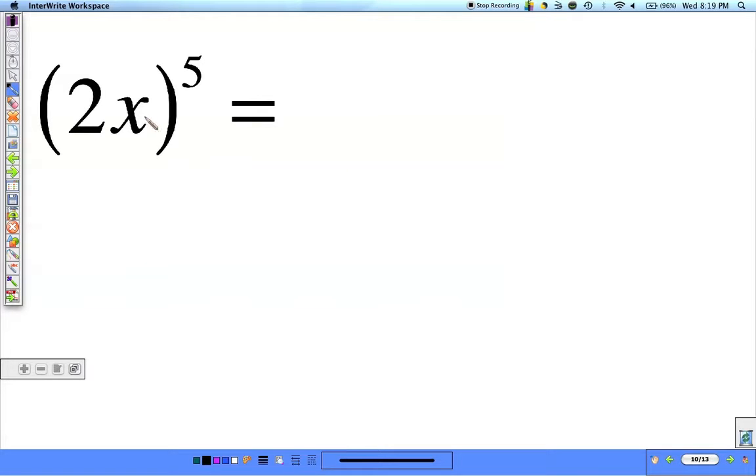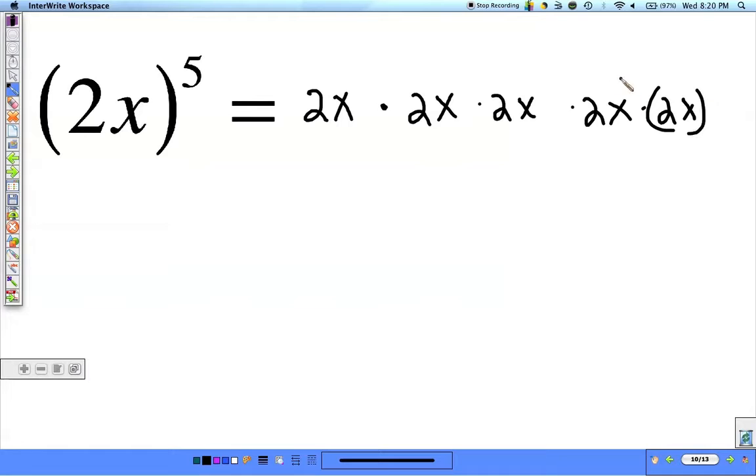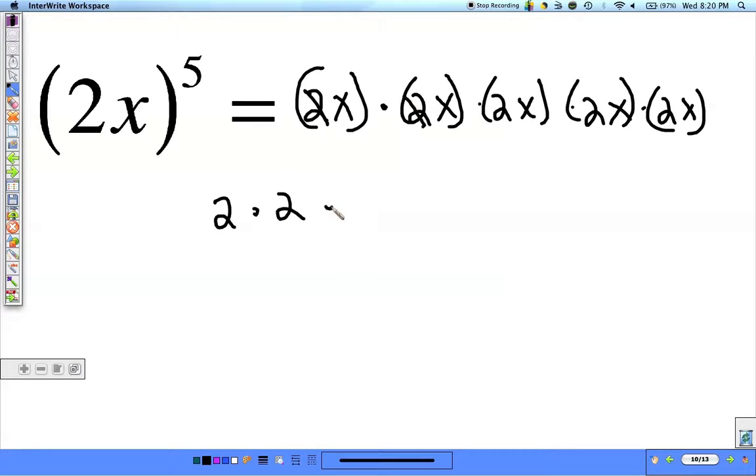2x raised to the 5th power is the same thing as saying 2x times 2x times 2x times 2x times 2x. And 2x means 2 times x. So that's still all multiplication, so I can do the same thing I did before and group all of the 2's together. If I group all of the 2's, I have 2 times 2 times 2